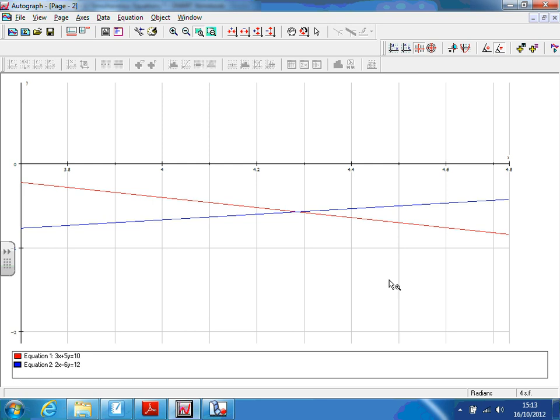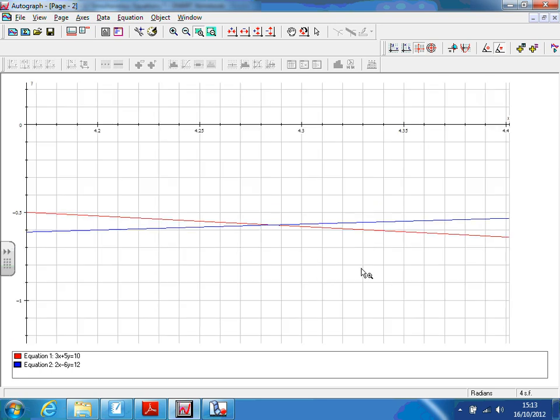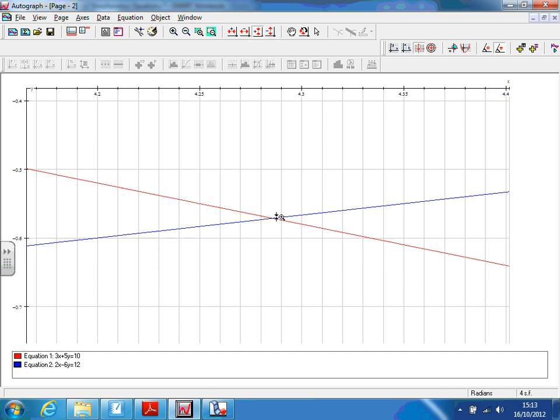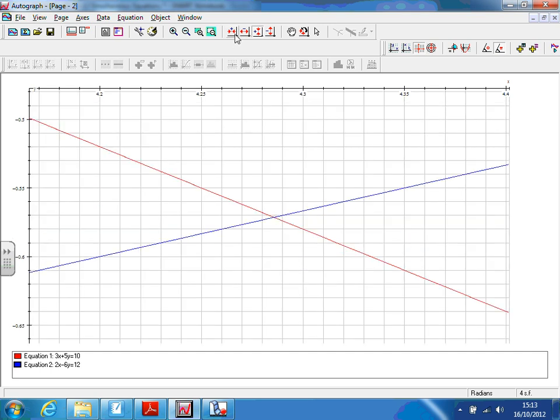And that's where it starts to get awkward, because the lines can start going together, Autograph can start playing up, all sorts of things can happen. I want to zoom in on these points. I might want to stretch out the y-axis to get those points further apart, and then again zoom in. And it looks like